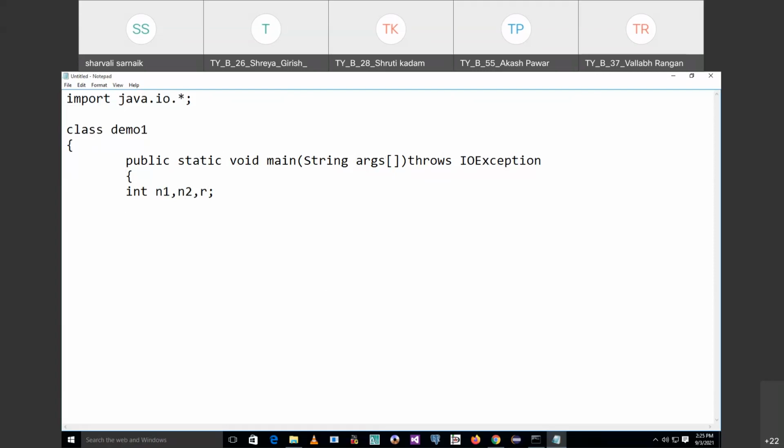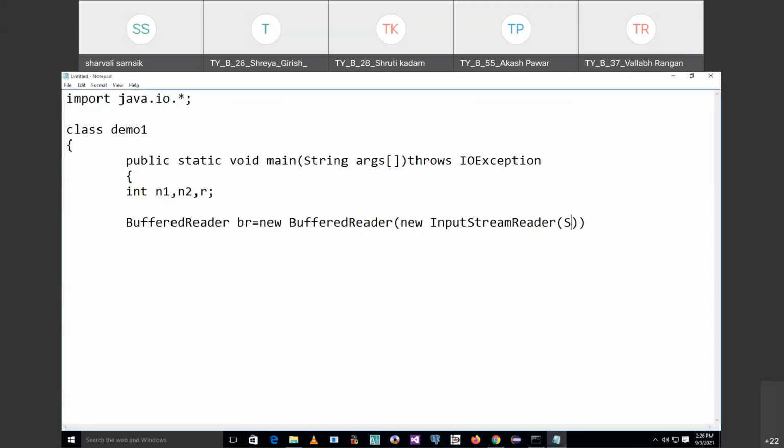To create an object, you need to write BufferedReader, the B and R capital, BufferedReader br is equal to new BufferedReader, in bracket, you need to write new InputStreamReader, inside the bracket, write System.in,